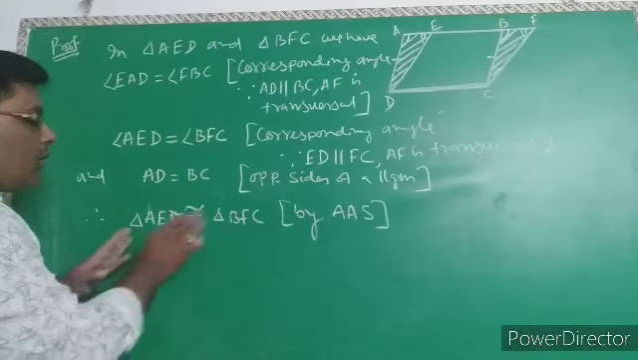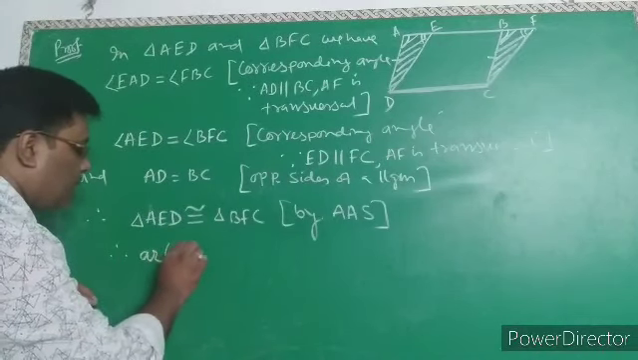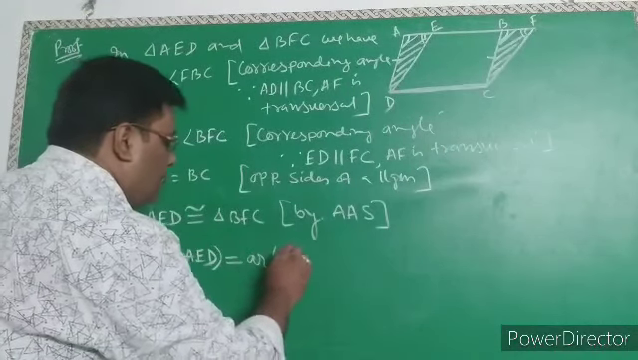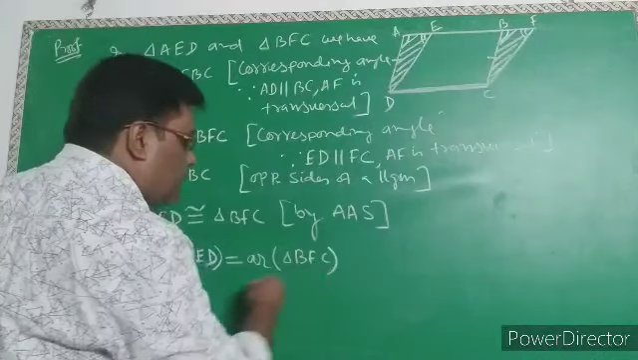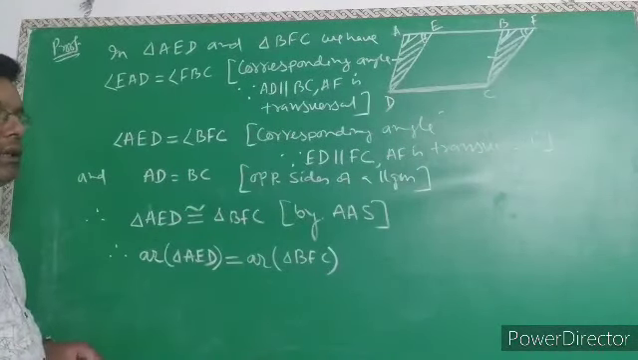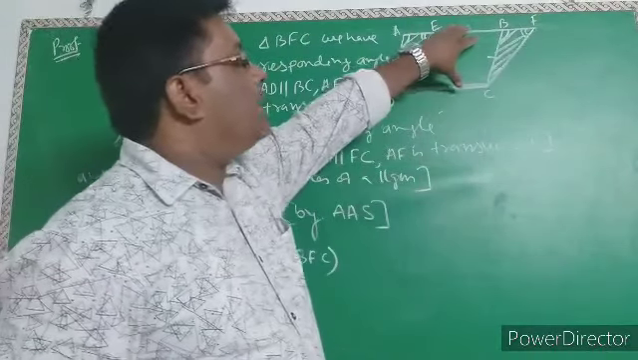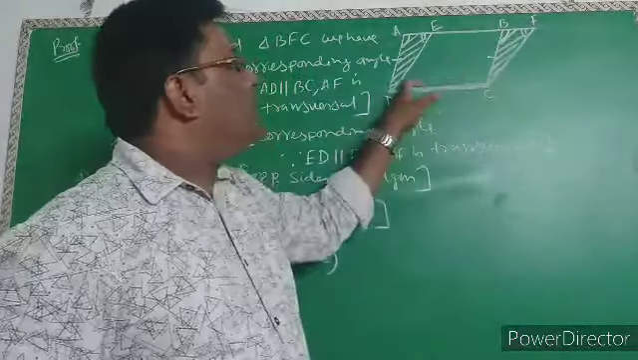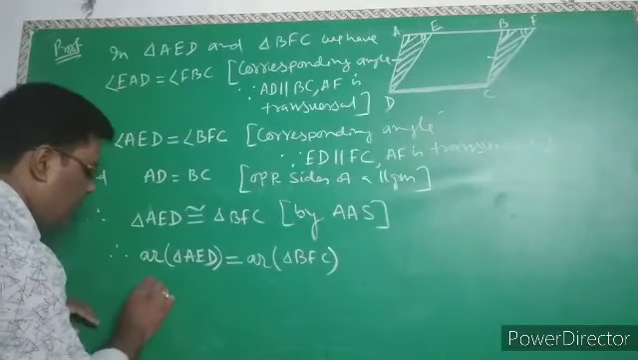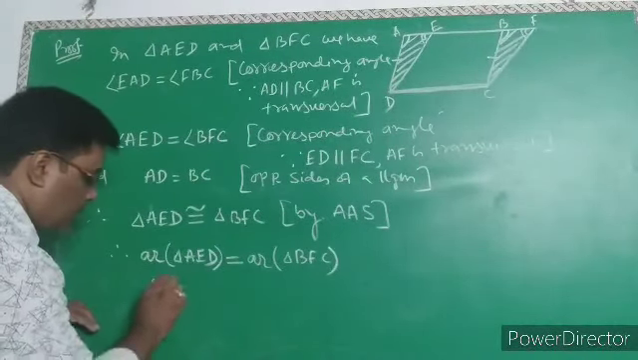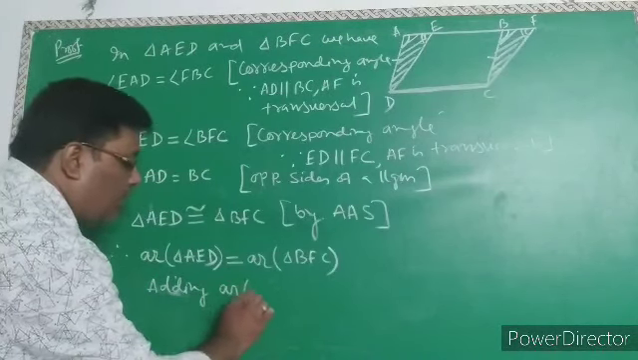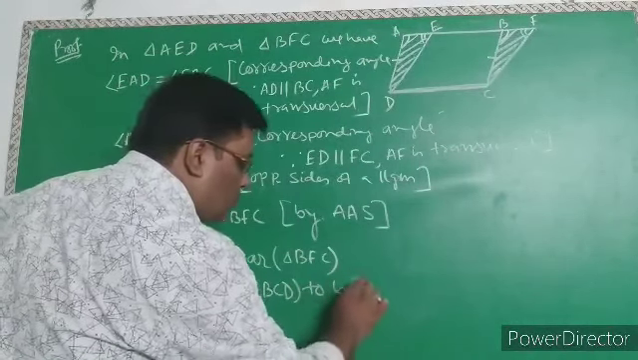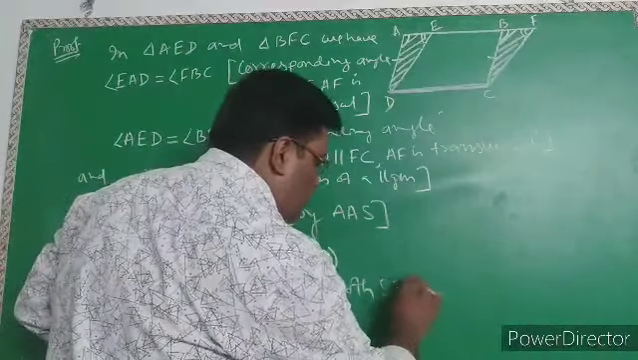Therefore, if they are congruent, area of triangle AED is equal to area of triangle BFC. That is, if it is congruent, then their areas are equal. Now we will add this part, this unshaded part, EBCD, to both sides. So adding area of EBCD to both sides, we have,